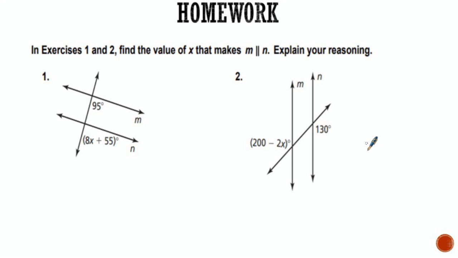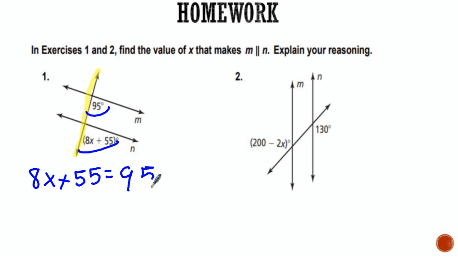All right, so here is the information from your book. These 2 problems are the big ideas problems, and the other ones I made up. It says in exercise 2, find the value of x that makes m parallel to n. Explain your reasoning. So if you look, this line right here is the transversal, and the angles formed by this transversal are this angle, and there are others too, but these are the ones we're focusing on. So I can say that 8x plus 55 should equal 95,